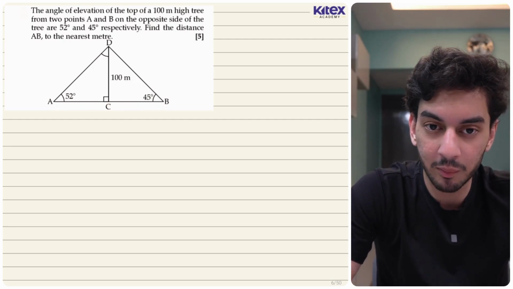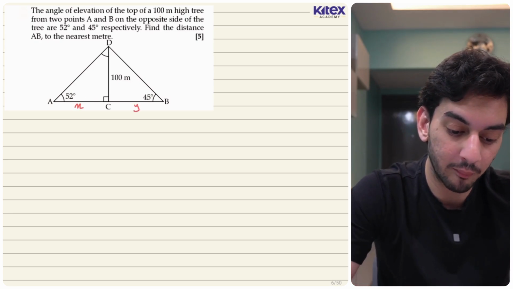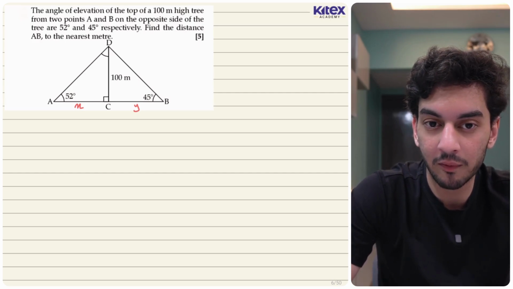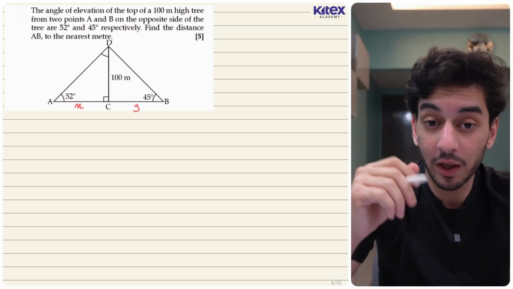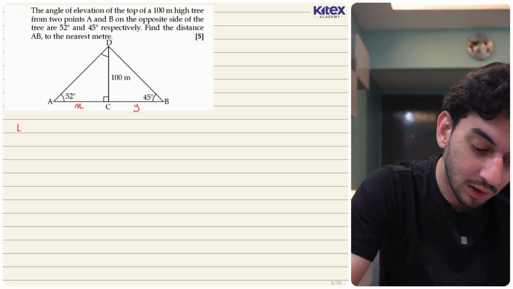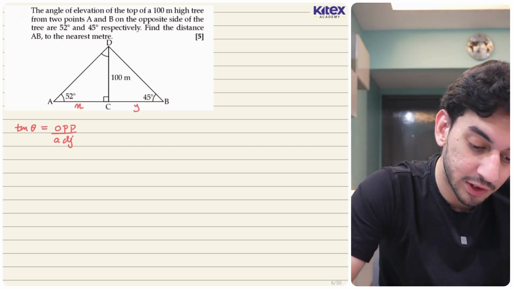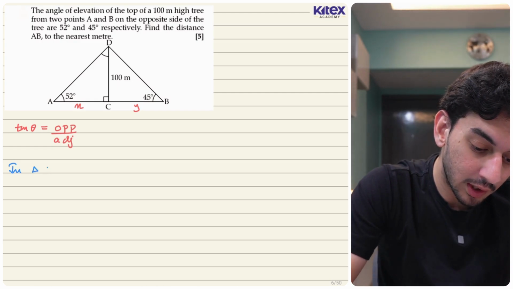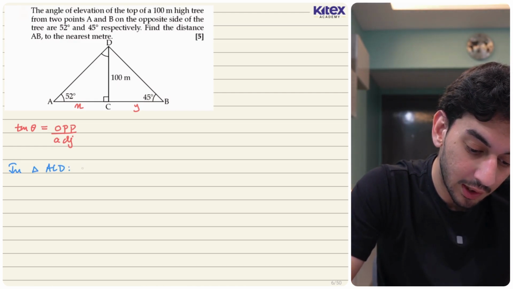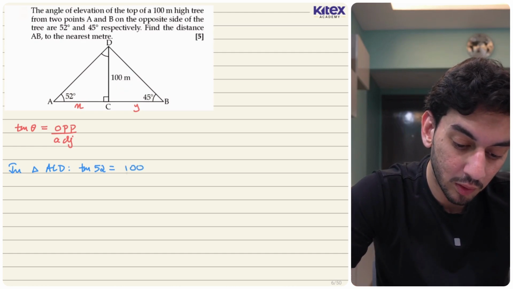Okay, that's good. So we basically need to figure out the distance AB, which is this entire distance. I will split this distance up into two parts. So let's say AC is X and let's say CB is equal to Y. Now in these two triangles we can see that we have a triangle which deals with opposite and adjacent. So we definitely need to use tan theta. So I can say tan theta is opposite over adjacent. Now let us start with triangle ACD. In triangle ACD, I can say tan 52 is equal to, opposite of 52 is 100 over here, over X,